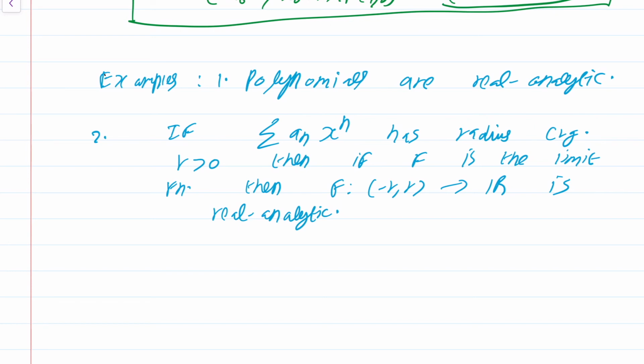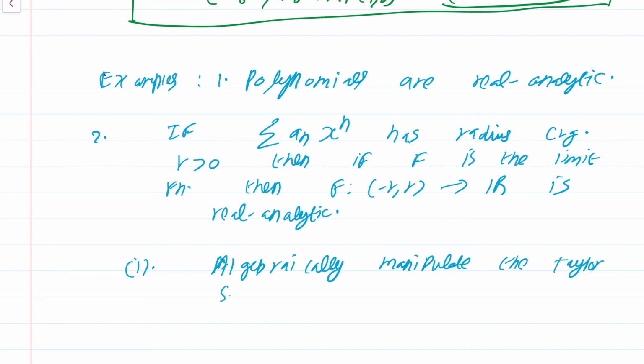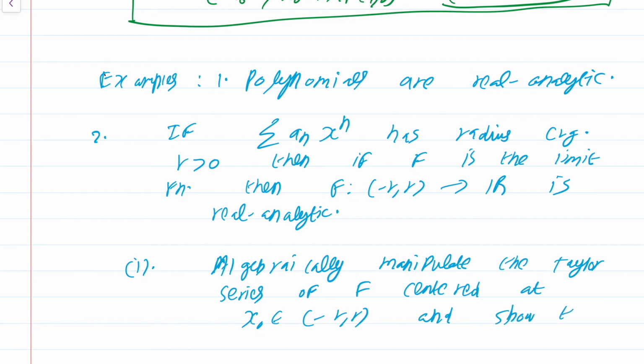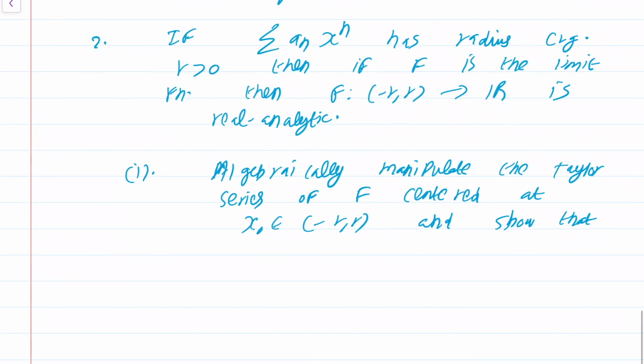So the first way is to algebraically manipulate the Taylor series of f centered at x naught in minus r to r and show that it converges to f,